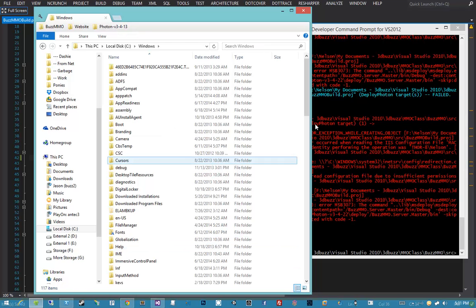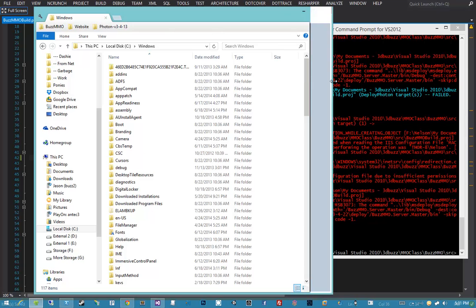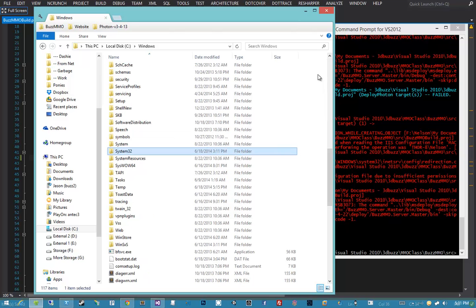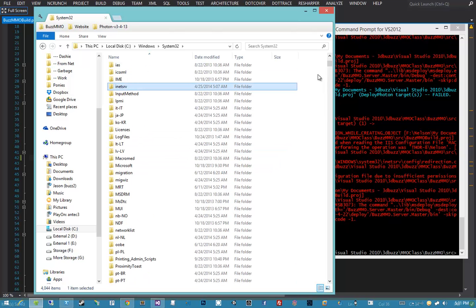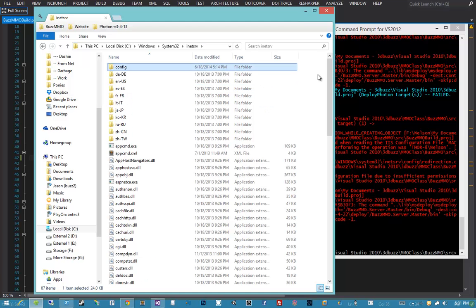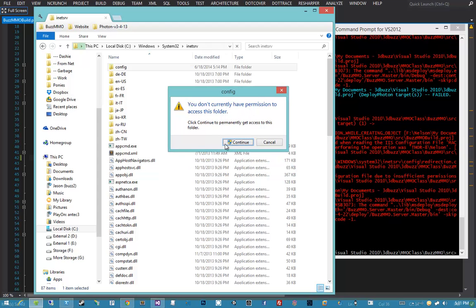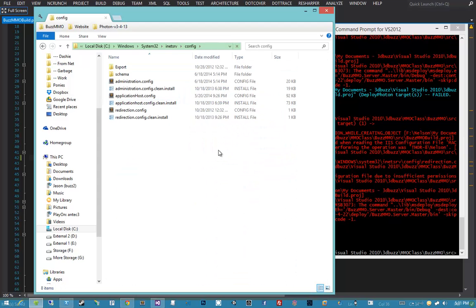That doesn't pose a security risk because, honestly, we can take a look at the file. It's located under C:\Windows\System32\inetsrv\config. And this folder says you do not have permission to access this folder. I'm just going to hit continue, and we're going to see our administration config, application config, and redirection config. So if we open up some of these files,